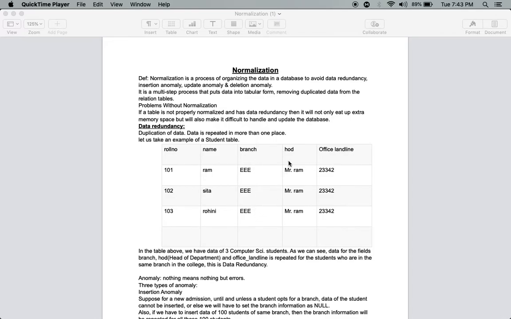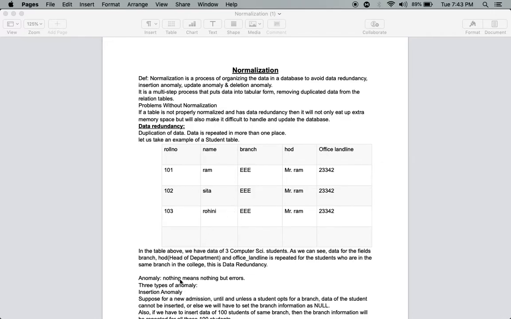So this table consists of data redundancy. Because of this redundancy, it will take extra memory space and it is very difficult to update and handle the database.